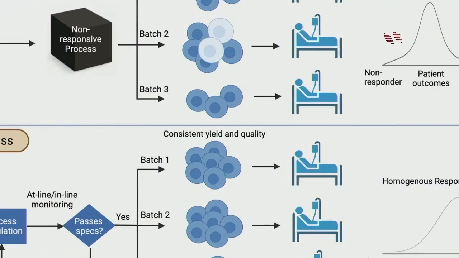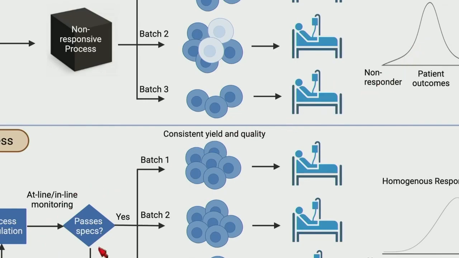Ideally, as I said, this is our current bus. It's a non-responsive fixed process. We have a variable input. We get batch 1, batch 2, batch 3. Each of them are slightly to a lot different. We very rarely characterize even that. It goes into a patient who is also a variable, and then we get a heterogeneous response in all clinical